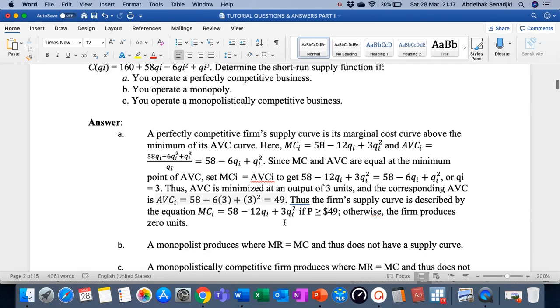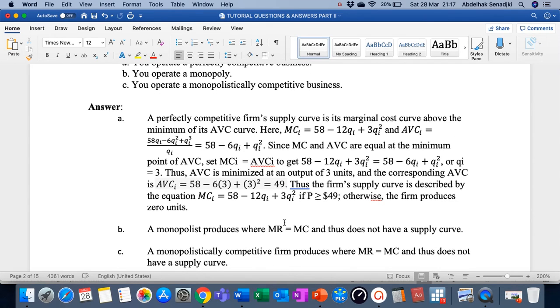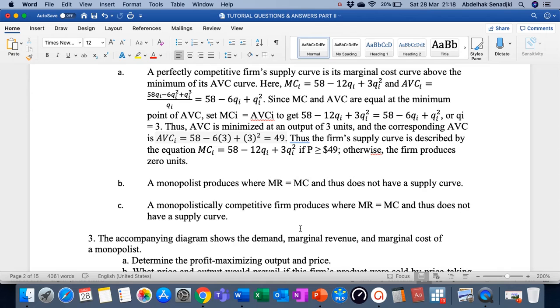Then what about a monopolistic market? A monopolist produces where MR equals MC, and thus does not have a supply curve, because the monopolist himself will decide what quantity to produce. Similarly, a monopolistically competitive firm also produces where MR equals MC, and thus does not have a